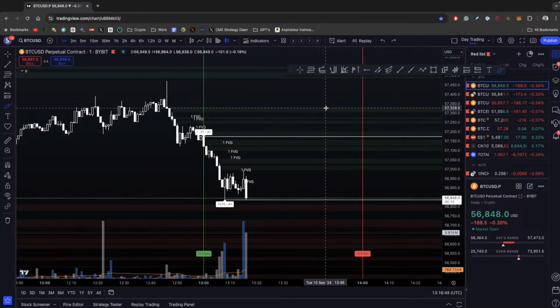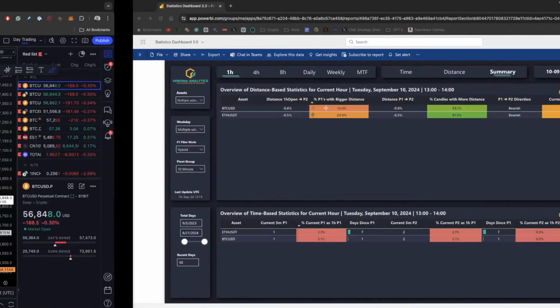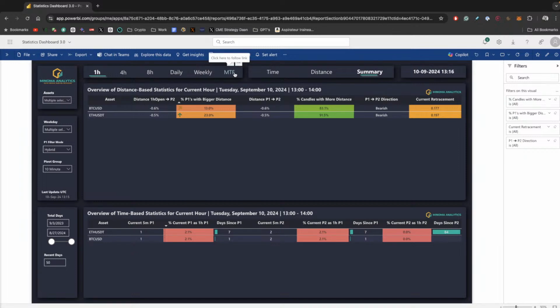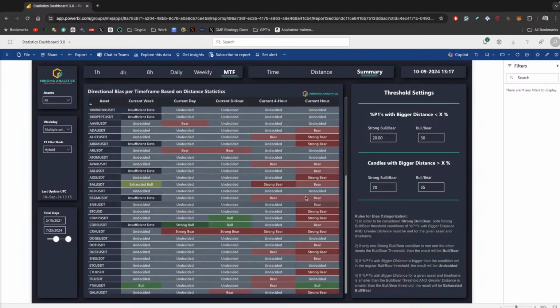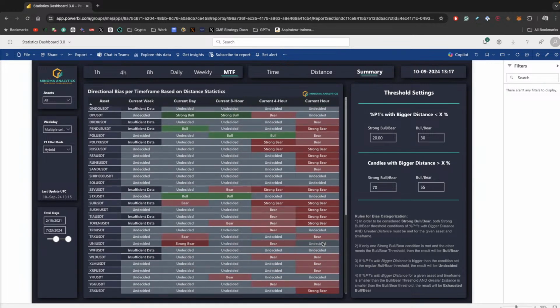So if I see this, say I'm looking for a long, I will not be interested in entering the long as long as I see stats like this, which is very easy to see here, as we just saw pop up live in the stream while we were requesting the trading gods for volatility. We got it. So, say I'm looking for a long on the daily and this shows up. For me, that is a clear sign that, okay, let's not take a long just yet. Price needs to go down.